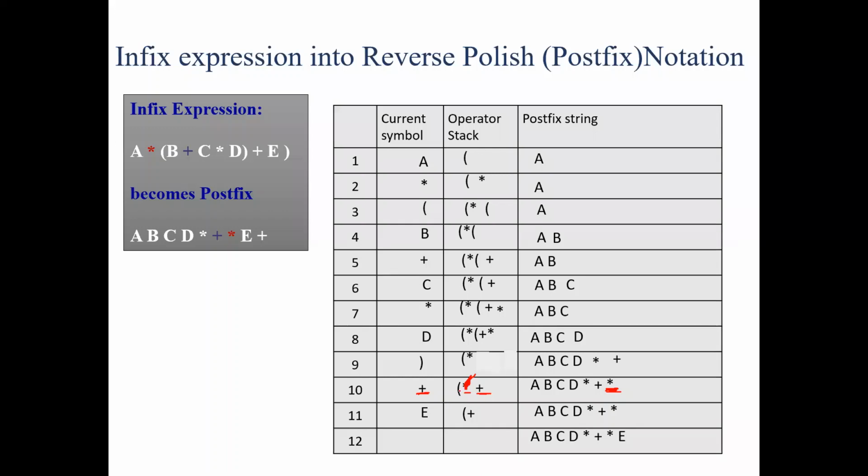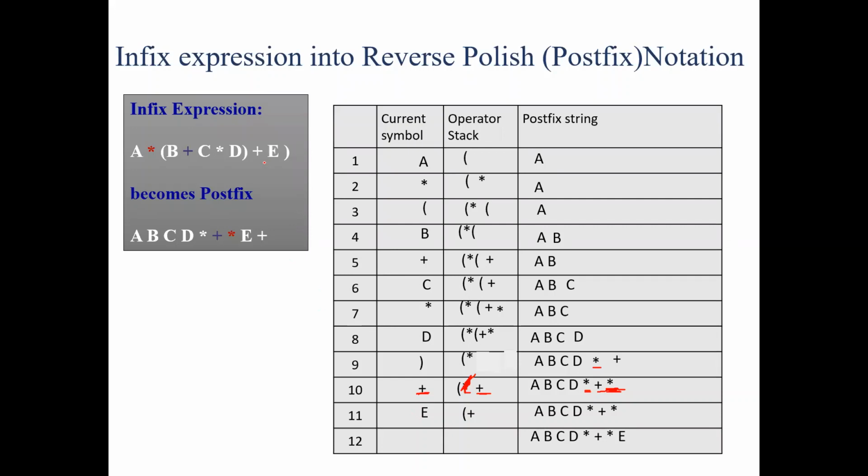Understood? Okay. So here, I didn't remove this asterisk symbol from here. We are just popping out this asterisk symbol and printing it onto the display. Is there any doubt here? Ma'am, then A, B, C, D and asterisk should be removed, ma'am. A, B, C, D, asterisk. This is our last asterisk. In addition, then one more asterisk will come. From here, we should remove. Okay. Yes. Now, last one.